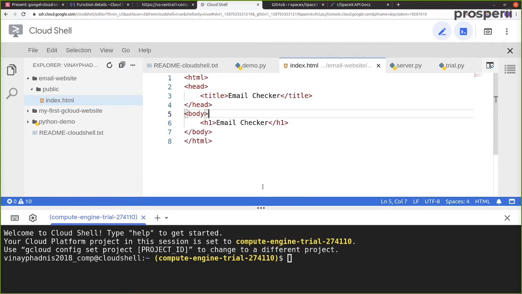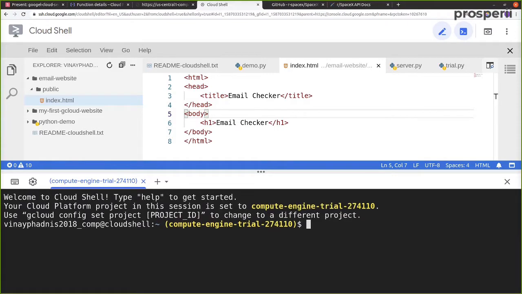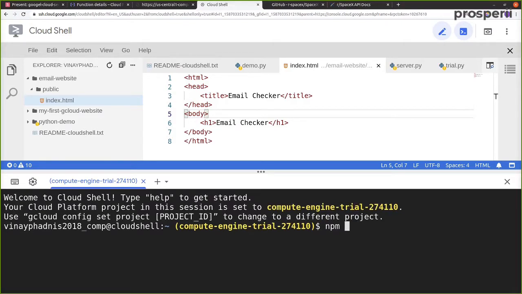So in order to simulate this particular website somewhere, that is when we will be using a new package from npm. Okay, so over here inside the command line, we want to install a new package. So over here we have npm, which stands for Node Package Manager, and we will be looking at what exactly is meant by Node Package Manager shortly.